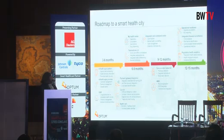So based on experience, this is the typical roadmap for implementation of a smart, healthy city. In the initial 3 to 6 months, EHR, which is the backbone of the whole system, along with mHealth applications for the patients and the providers are implemented. On top of it, payment gateway integration, which is again a critical element because patients have to pay for the